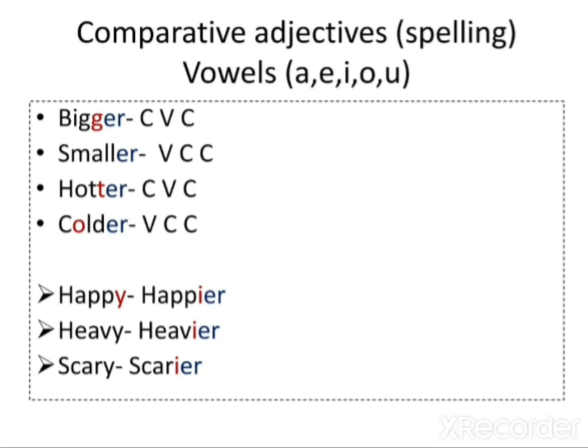So I have here the word big. That is the adjective we are using, and I have the ER, but I have added a second G. You can see in red. So if you notice in red, I have added another letter. Why do I have a second G there?